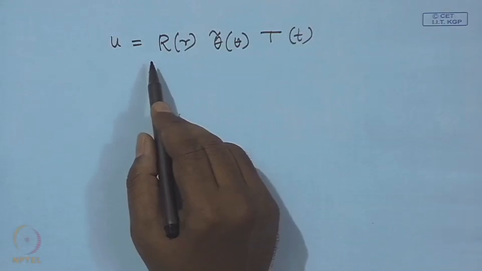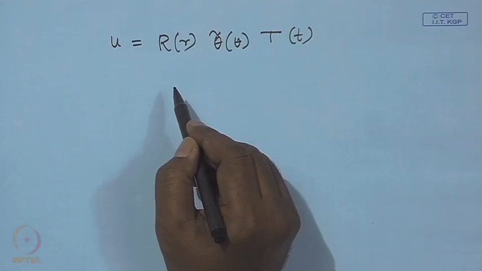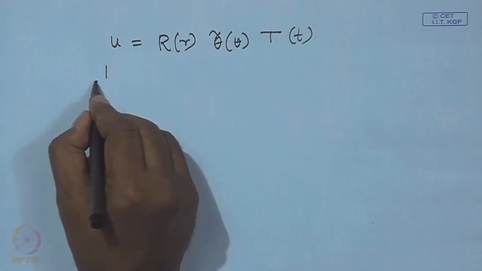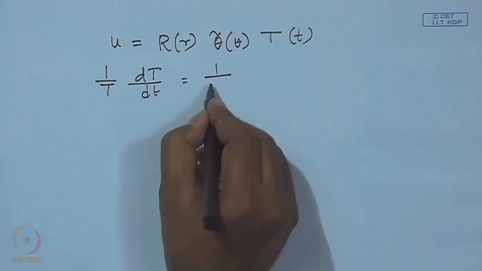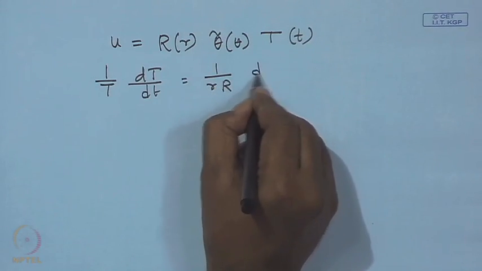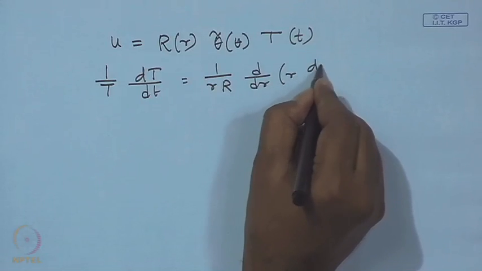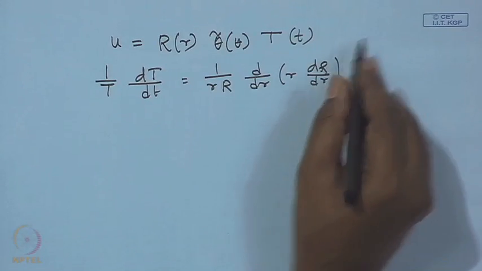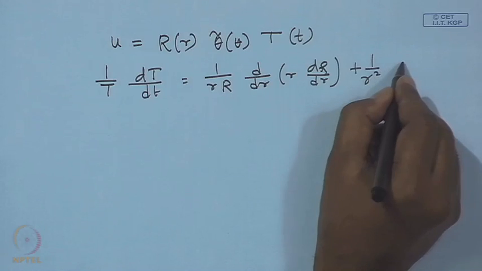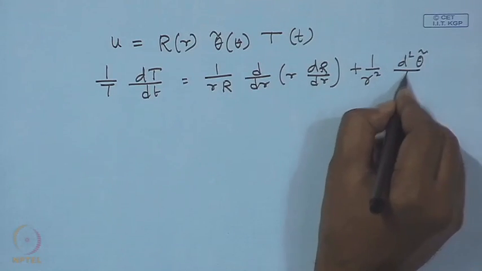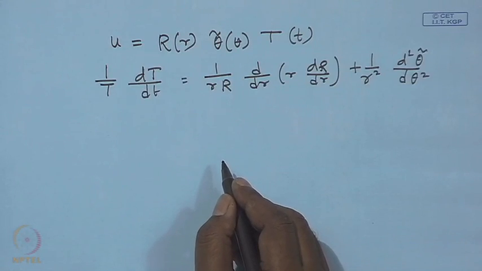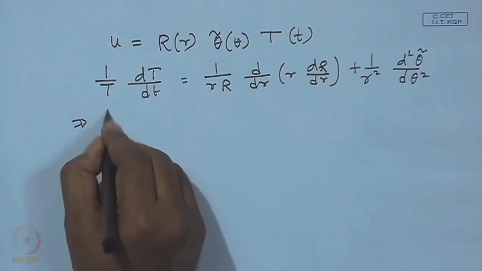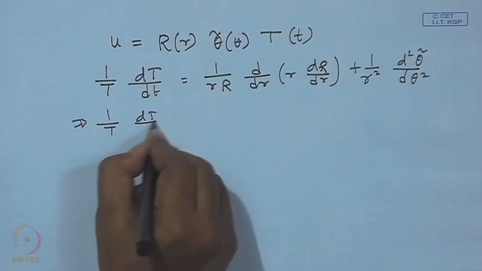Now we substitute these in the governing equation as we have done earlier and divide both sides by R, theta hat and T. Then what you get is 1 over T dT/dt is equal to 1 over r d/dr of r dR/dr plus 1 over r square d square theta hat d theta square. So, exactly like the earlier problem, we try to set up an eigenvalue problem. So, we make it 1 over T dT/dt,